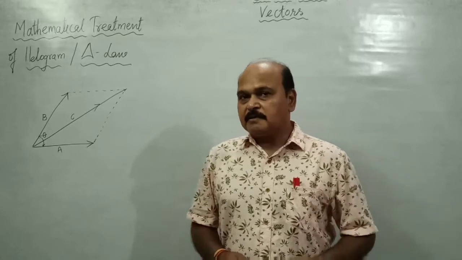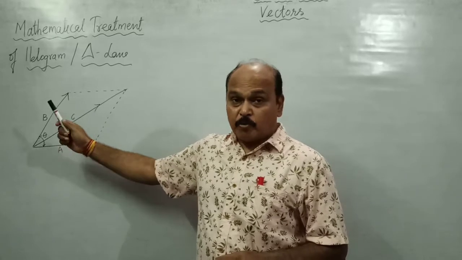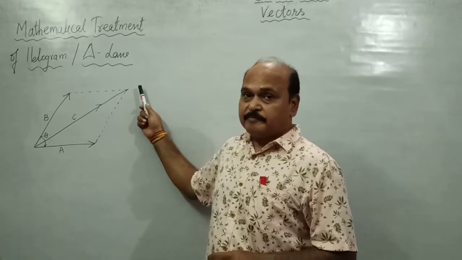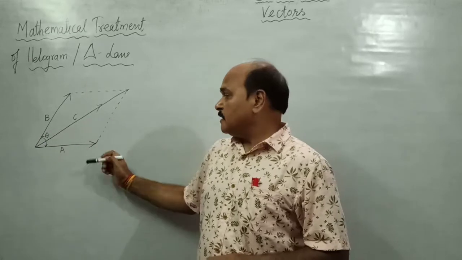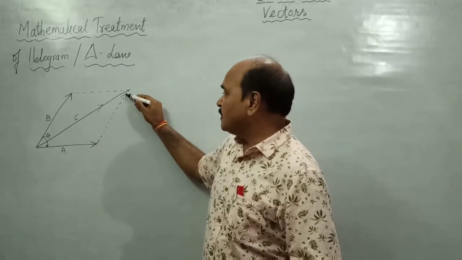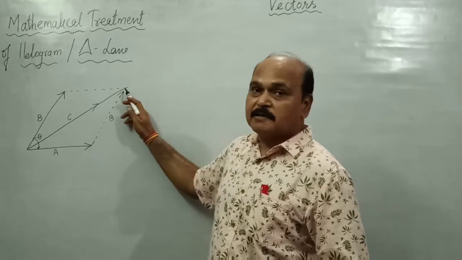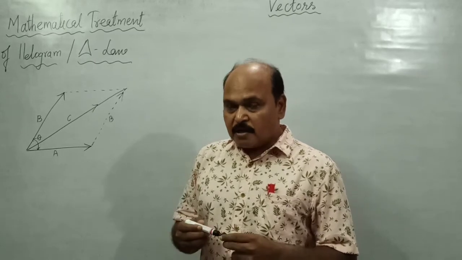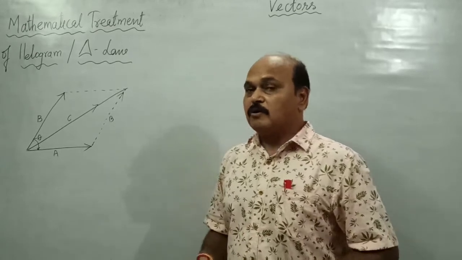When two adjacent sides of a parallelogram represent two different vectors, both in magnitude as well as direction, then the diagonal of the parallelogram through them is their vector sum. The triangle law says that if two adjacent sides of a triangle represent two different vectors in order, in the same order, then the third closing side in opposite order is their vector sum. So both the laws are used to find the sum of two vectors. We can use either of the two laws.